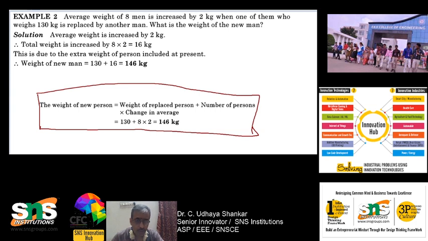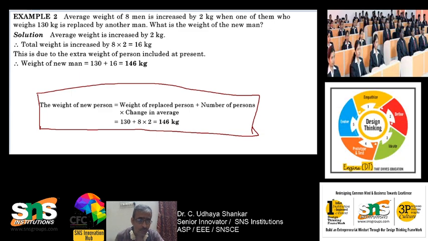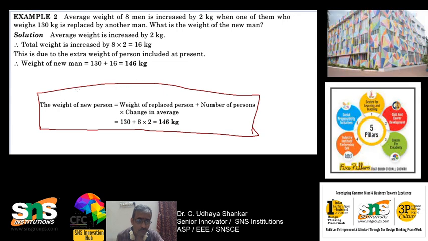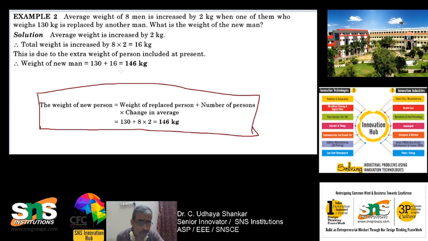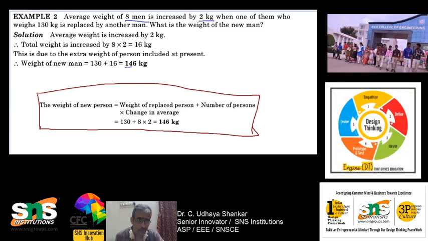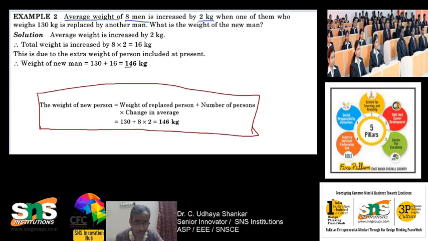So here the question asked is the average weight of 8 men. The average weight of 8 men is increased by 2 kilogram when one of them